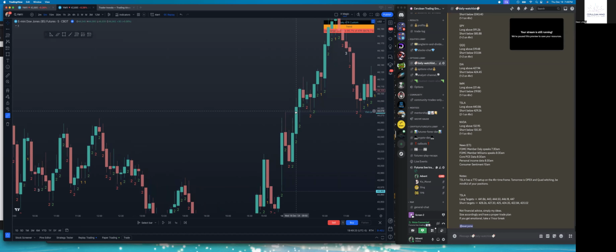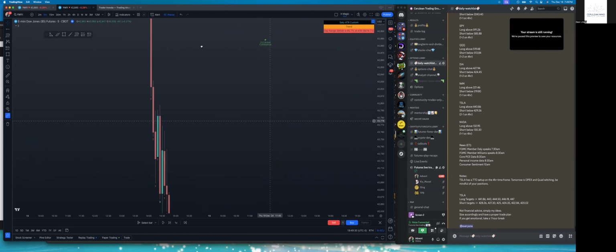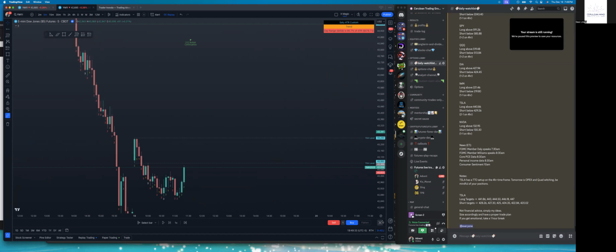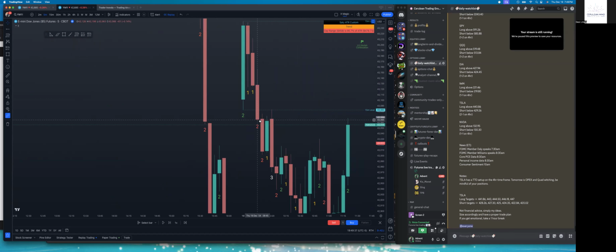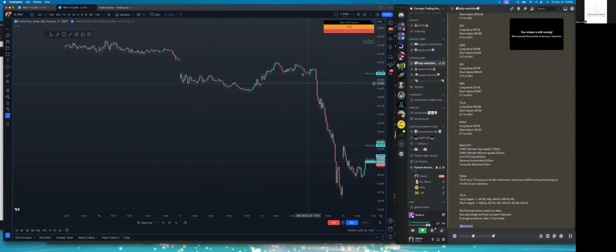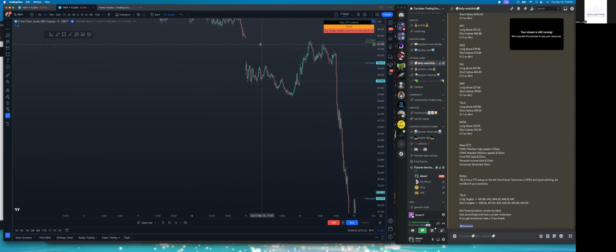So even though we got some displacement here, I don't like this wick on this 5-minute candle that closed above that level. Let's go back here. We can see the candle from today. While it has a wick, it doesn't have that big of a wick, right? So going back to the one yesterday,